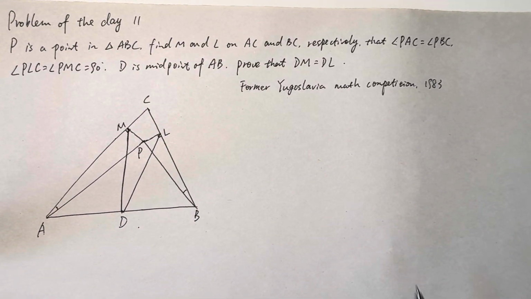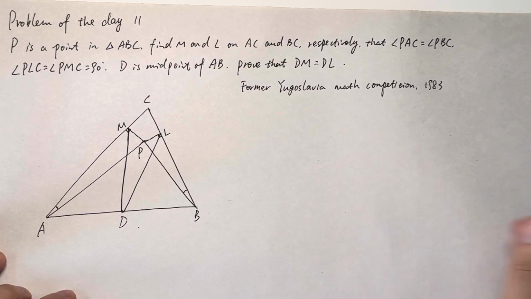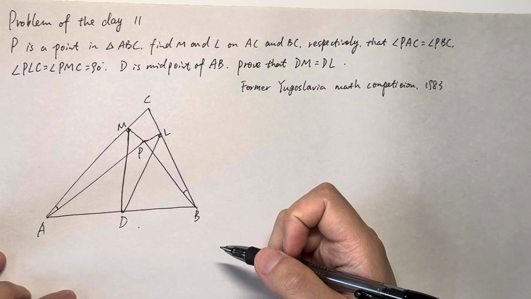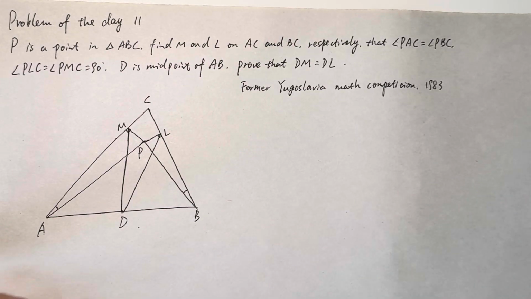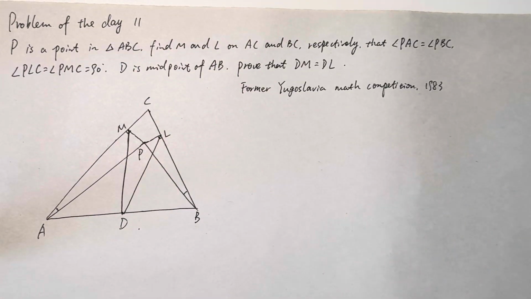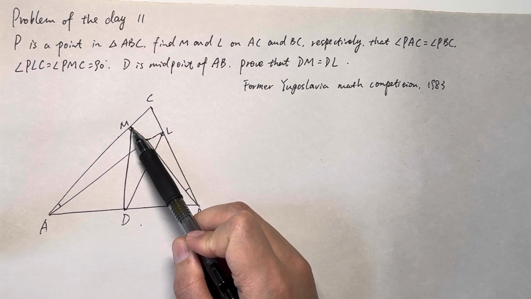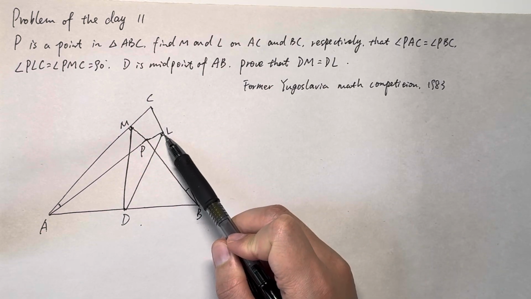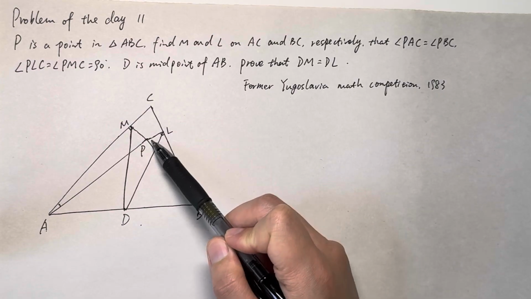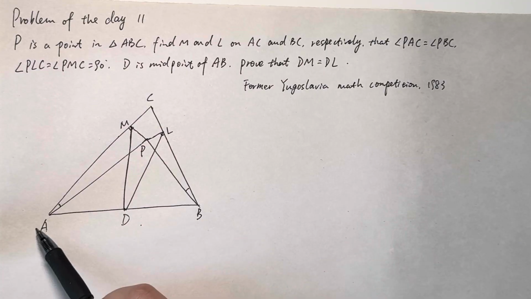This is a former Yugoslavia math competition problem from 1983. So for this problem, the first thing is that we want to prove that DM equals DL. And what do we get here? We get that this is 90 degrees, this is 90 degrees, which means this is a right triangle and this is a right triangle. And we have the AB